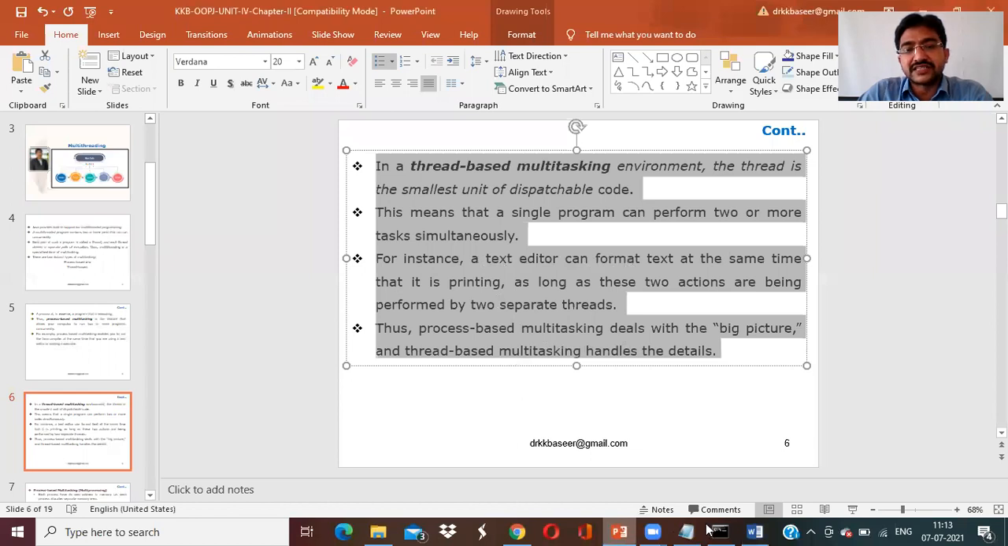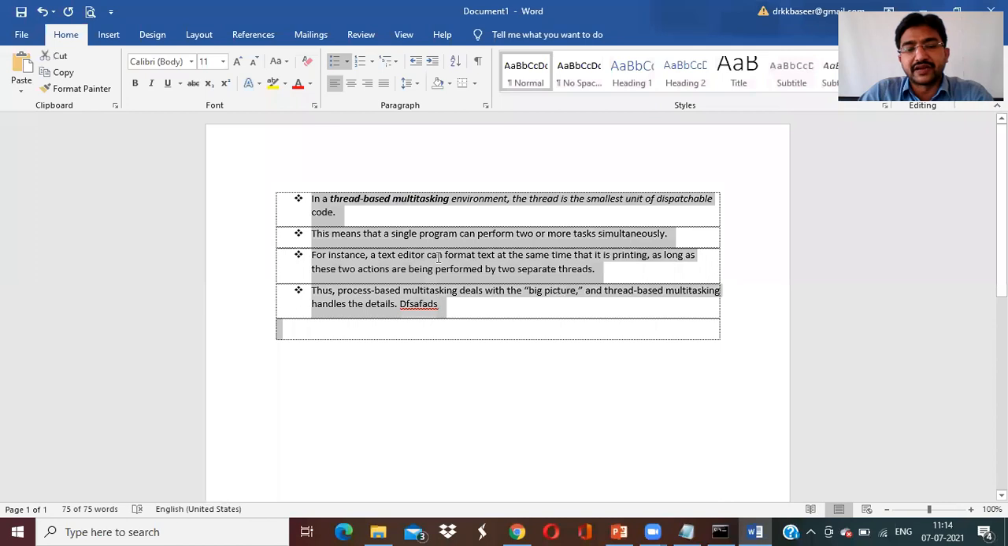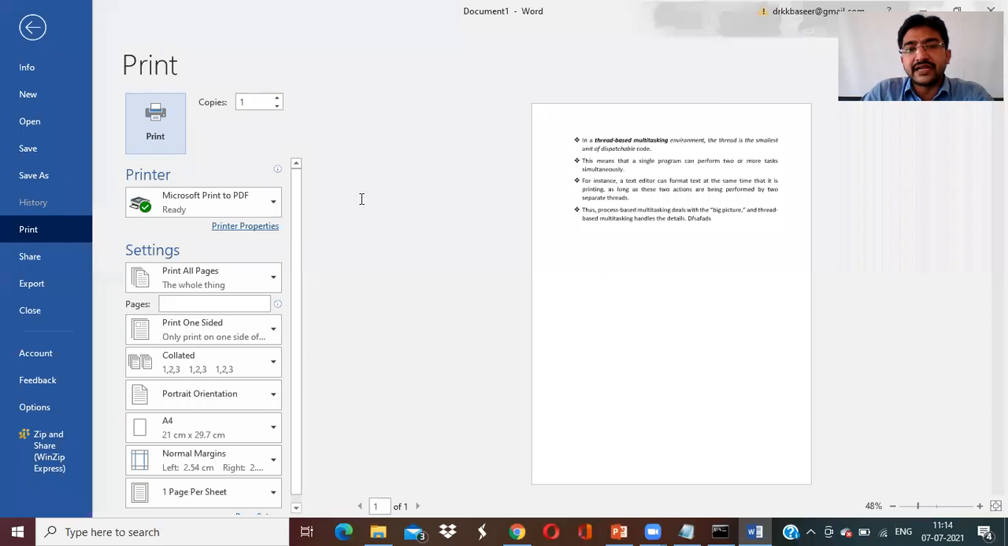Format, in the sense, I'm just making some alignment here, not changing anything. See the example. Here I'm just making some alignment, increasing the font or something, aligning. And what can we simultaneously do in parallel? We can go for printing. There is a printing option for the same document. So formatting the text